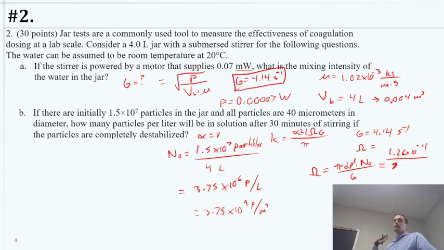Okay, so if you didn't get that part right, you would have had some points off. Anyway, that was the tricky bit, the 4 liters. Otherwise, I think most people had the right idea here because you recognize it's in a jar. So the equation we're going to use is essentially it's a batch reactor, and it's a first order decay. So it's going to end up looking like n equals n naught times e to the minus kt, and that will be our tool to get n at time 30 minutes,